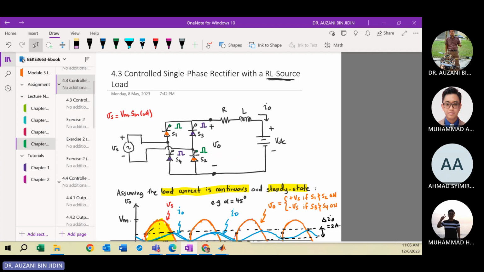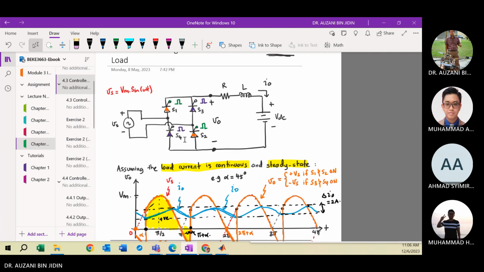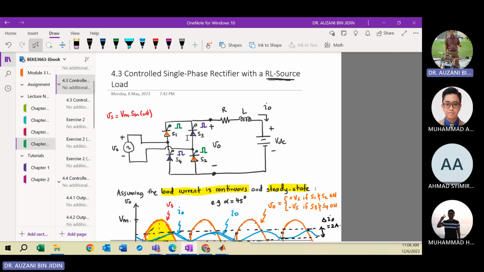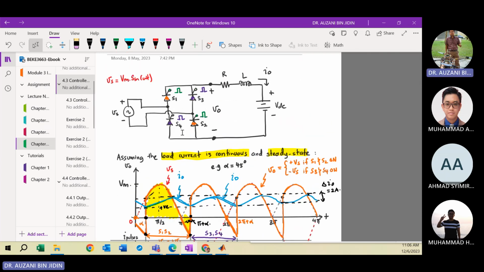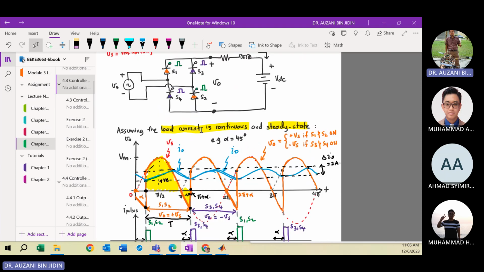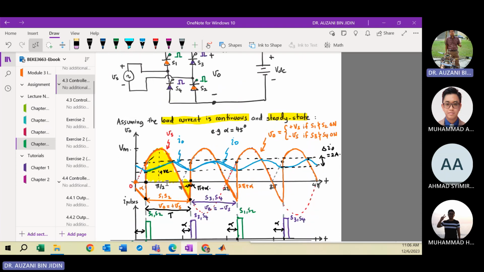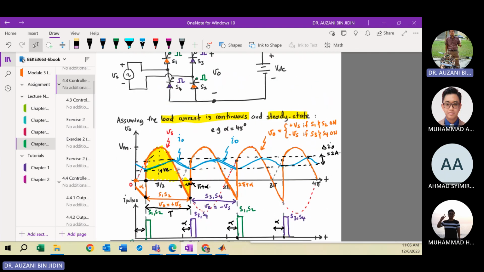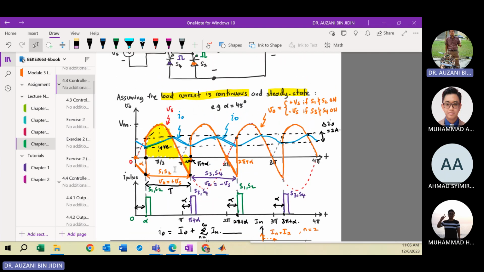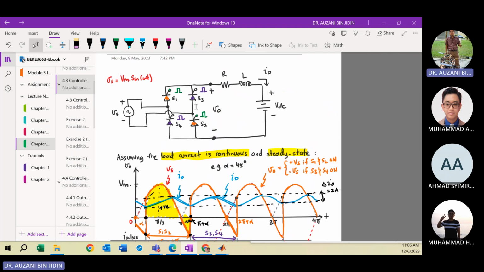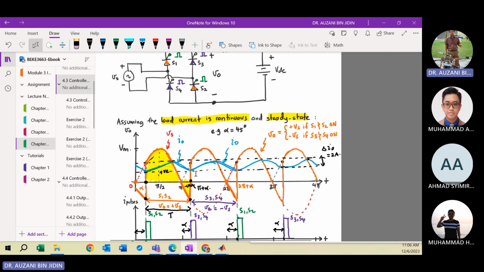Okay, so this is the control rectifier. We apply thyristors, where the thyristors turn on in pairs. In this case, when we inject the current pulse, we apply the same current pulse to the gate terminal of S1 and S2, the green color here. Then these two SCRs will conduct at the same time. So this will turn on for the first half of the cycle once the current pulse is injected into the gate terminal. Then for the next half cycle, the second half cycle,